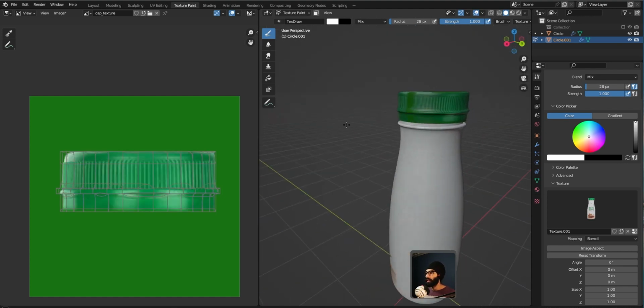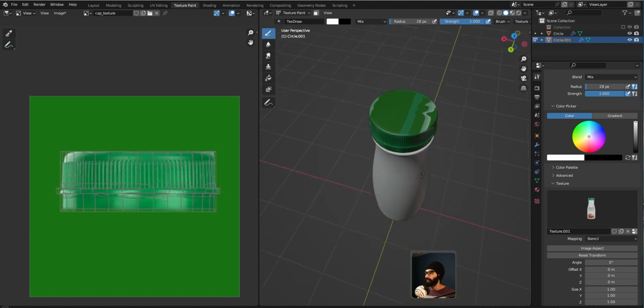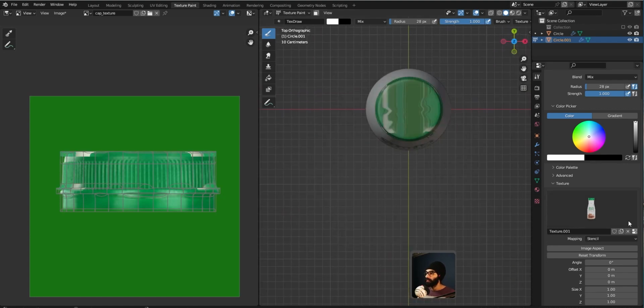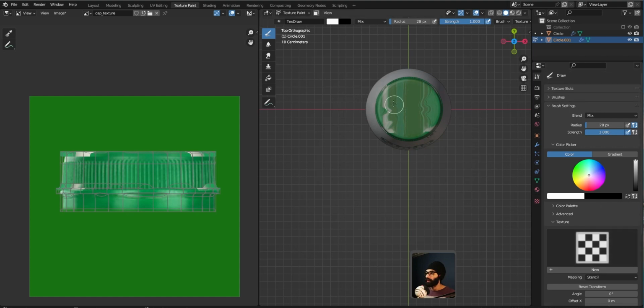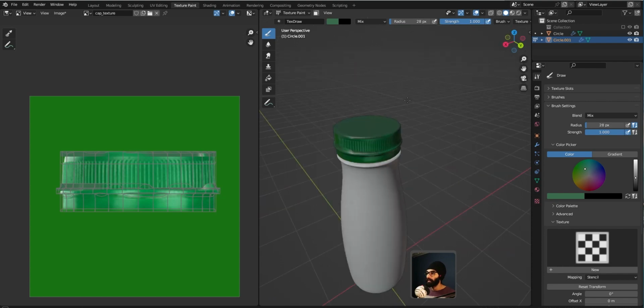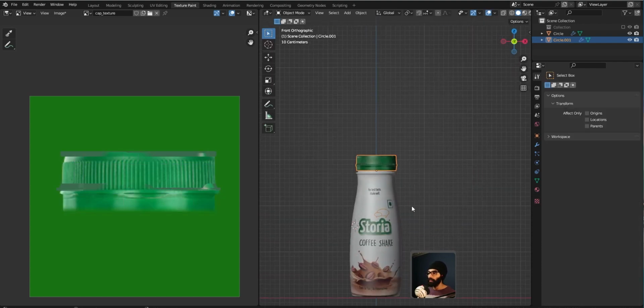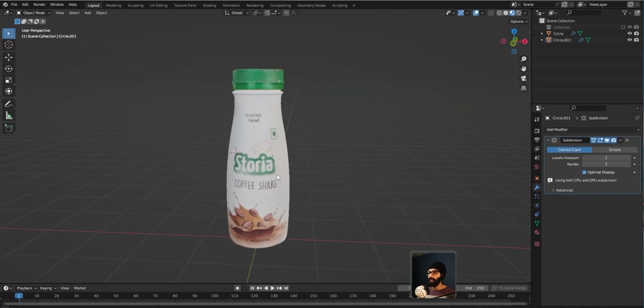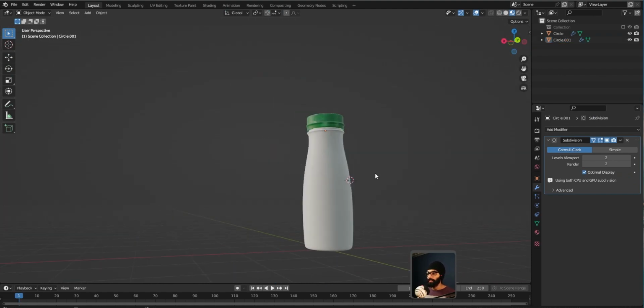Because the UVs are overlapping, it goes all the way through, and the top is screwed. But if you want to remove the texture and just take some green color and paint it over, it is still doing the image. Yeah, it's painting color. Okay, so this is how you go back to my layout, and this is how you get an entire texture painted bottle